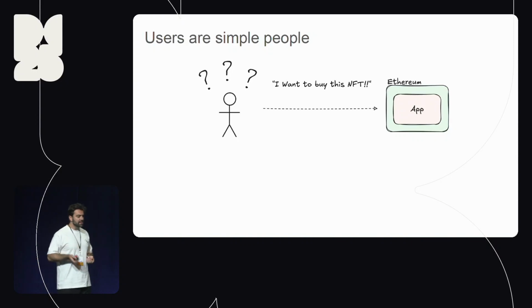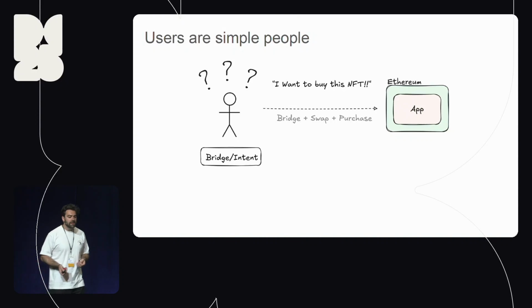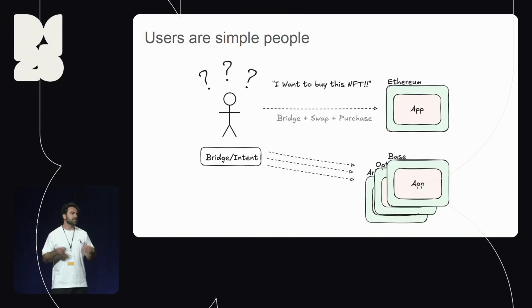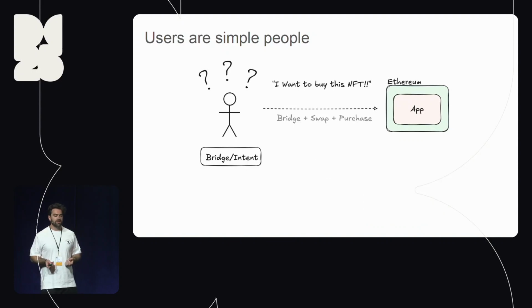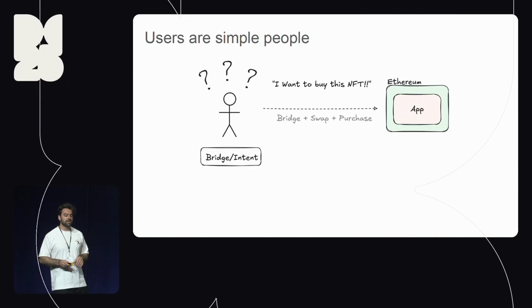And so if we go back to the simple story, right? They want to do something. Now, as we've gone multi-chain, and as Connor previously just presented, things get complicated. And so we provided people with more simple tools: bridge, swap and purchase, if they're not on the chain you want. And we solve this further by providing bridges and intents, which connect to 10 other chains. And your user is still in the same position. All they really care about is this, right? They just want to buy your NFT.